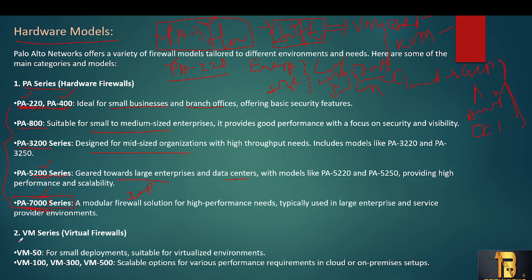These 7000 series firewalls will be placed in those ISPs and manage the high traffic in their environment. And the latest model they have introduced is the PA 1400 as well, which will also be used in larger enterprises. They have introduced one new feature here, which is called PoE. What does PoE mean? It is Power over Ethernet. It will transfer the data and at the same time also give power to the devices.